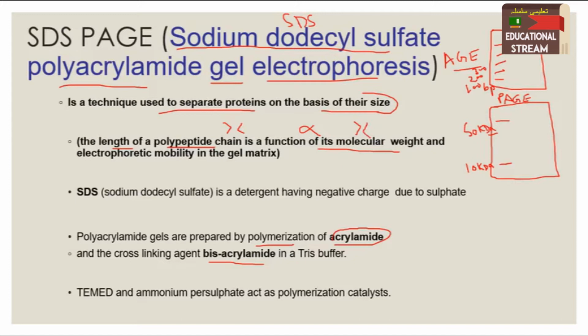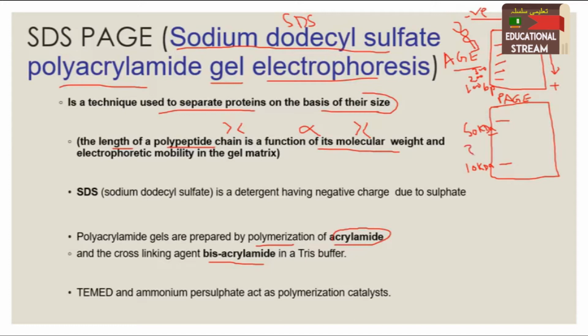The principle is the same as we studied in case of agarose gel electrophoresis, but the major difference is that in case of agarose gel electrophoresis, we know that the DNA molecule has many phosphate groups and it has a negative charge. Due to its negative charge, when we supply the electric current having a negative terminal and a positive terminal, the DNA will move from the negative terminal to the positive terminal. Because DNA has a negative charge, it will move towards the positive terminal. What will happen in case of protein?